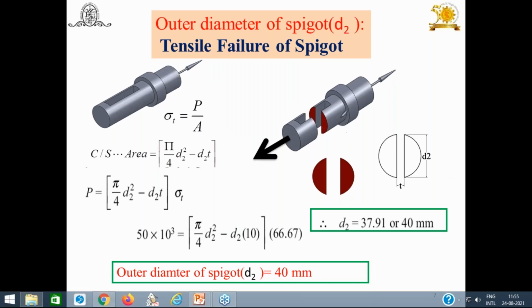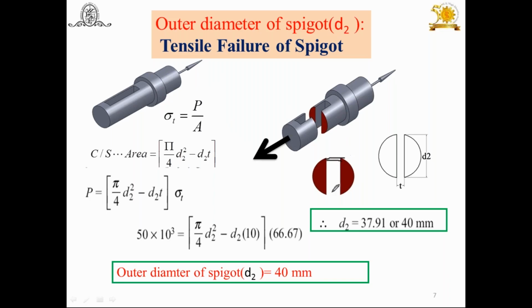The cross sectional area is equal to pi by 4. Now look at this here. Suppose I consider this as the outer diameter, which I have mentioned as d2. The area pi by 4 into d2 square means the total area I have considered. Then I have to subtract the middle hollow section. This is d, vertical d, and this is t; d into t is the area. So pi by 4 into d2 square minus d2 into t. So you will get the cross sectional area.